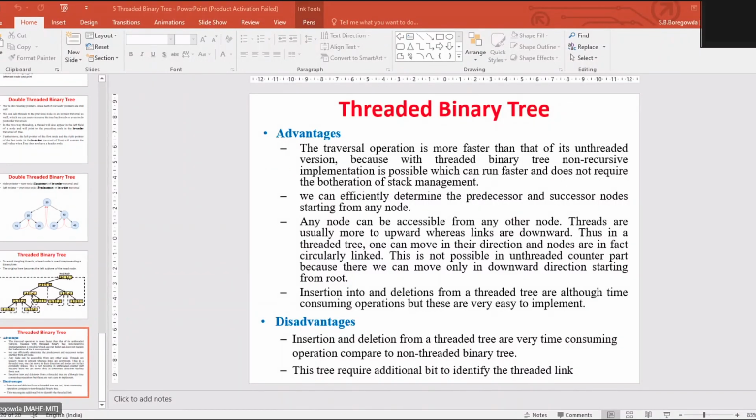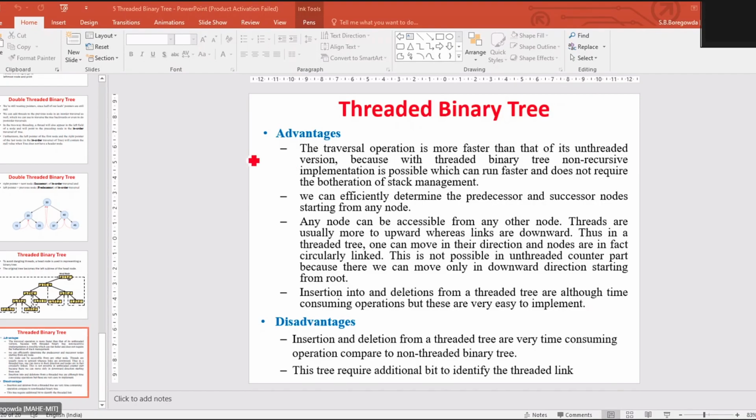You need to remember this point: find the first imbalance node on the path from the newly inserted node to the root node. This is the newly added node here. So find the first imbalance node in the path from this newly added node 3 to the root node. If you start moving this way, you will find the first imbalance at 1, which is the root node.